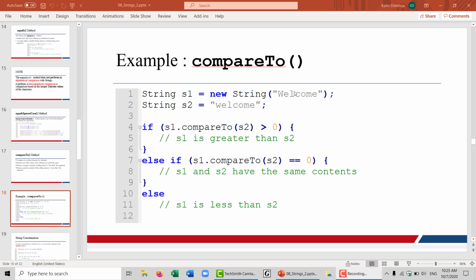So over here we're comparing again welcome and welcome, the first one with a capital W. If S1 compared to S2 is greater than 0, right now I'm not really sure whether the uppercase W comes before the lowercase w in the Unicode table or vice versa. So I have to actually run this in JGrasp to see exactly which part of the if will be executed. But in order for this to make sense, again, we do need to know the Unicode values of the characters